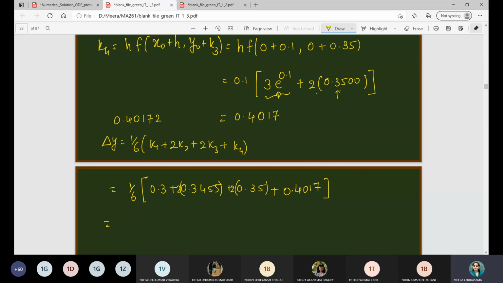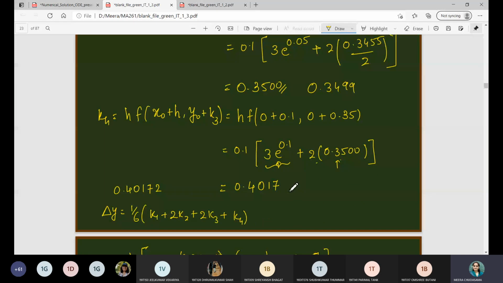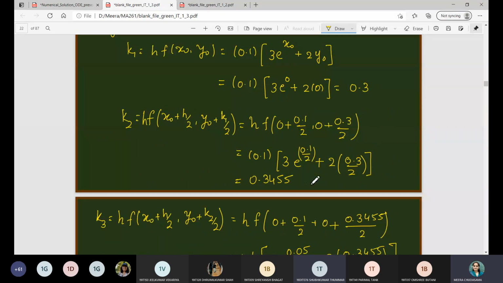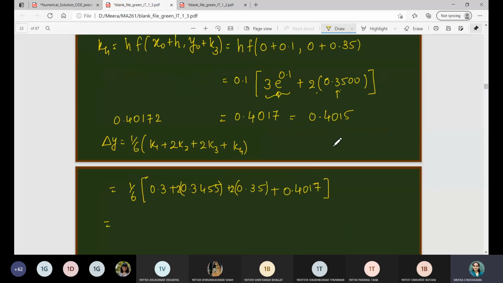Who has rounded off the entire expression only once, and what answer are you getting? Ma'am, K3 will come as 0.3499. That is what I was also getting. In that case, 0.3499 will come and this expression will become 4015. This will also become 0.34, because if you round off twice, one increment will appear in the 4th decimal place, right? So in that case, finally you will get the answer 0.4015 if you do all these computations.